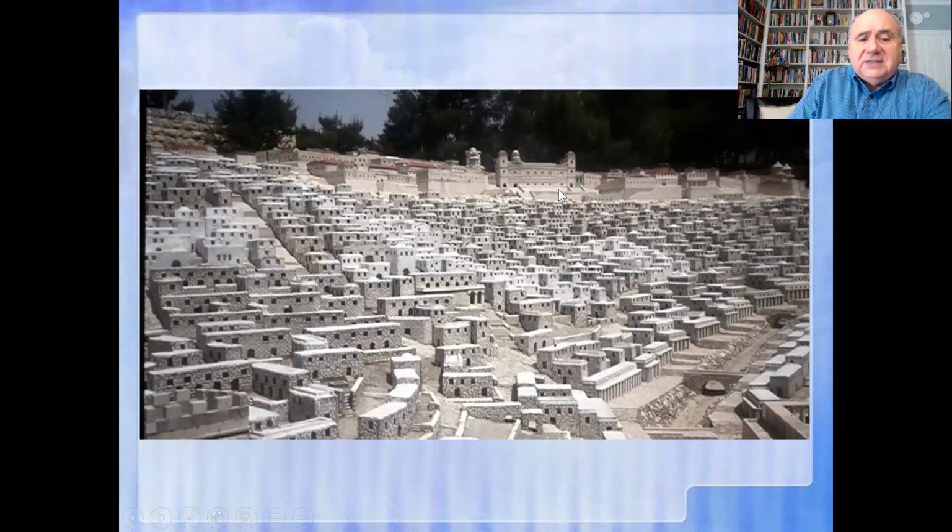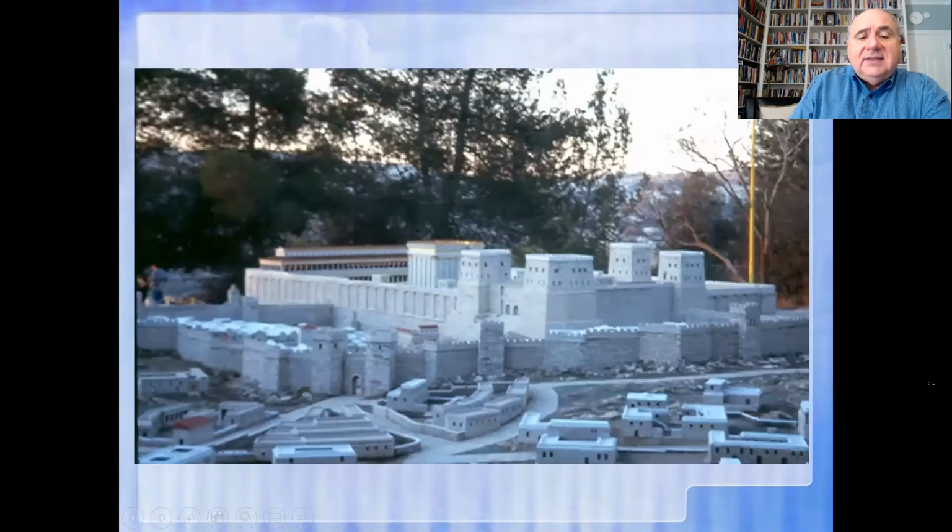The temple complex would be at the highest point in the city. And again, here you see this. Here's the temple itself. And then this four-towered institution here would be the Fortress Antonio. When the Romans come in, they build a garrison there next to the temple because, again, go back